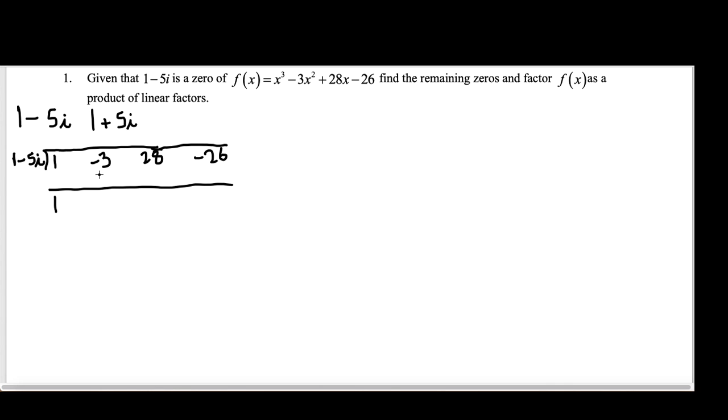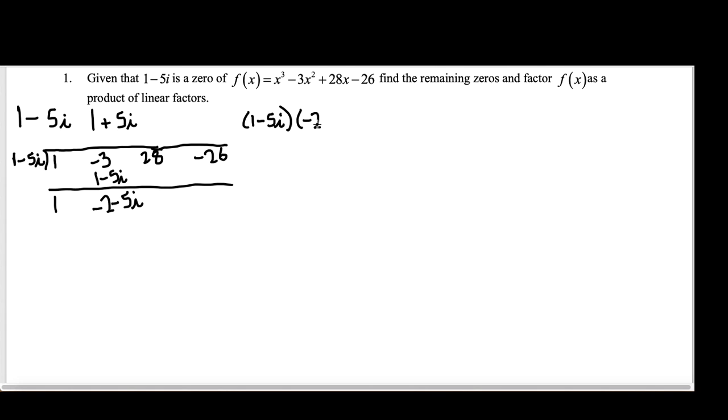1 times 1 minus 5i is 1 minus 5i. Add to give me, if I add, I get negative 2 minus 5i. Okay. Now I have to take negative 2 minus 5i, and I have to multiply that by 1 minus 5i. Let's do that off to the side right up here. So I'm going to have 1 minus 5i times